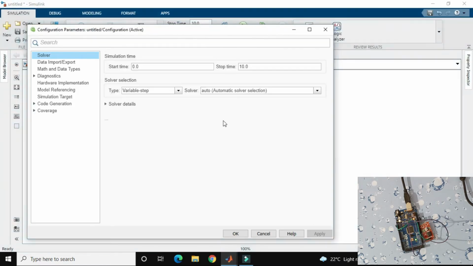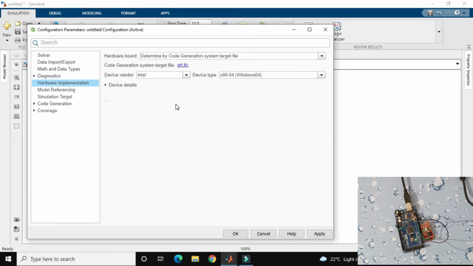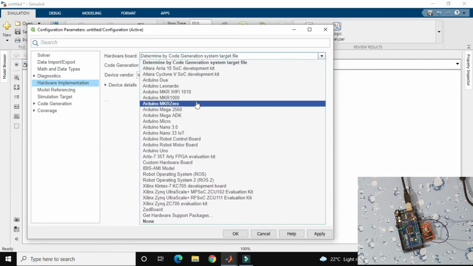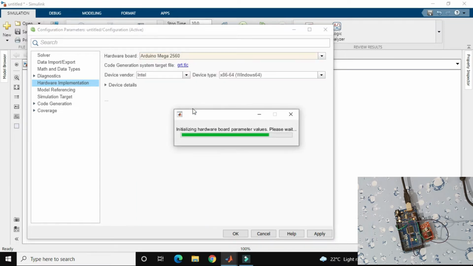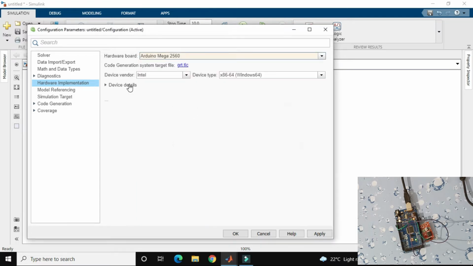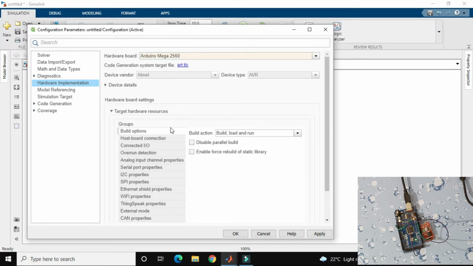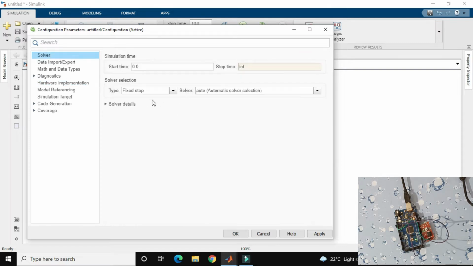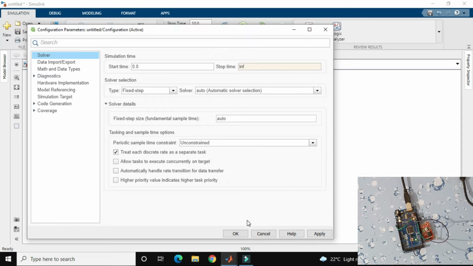In the model settings, the stop time is infinite. In the hardware implementation, set the board. As you see, the vendor is changed, the target hardware resources, and the host board is manually set to port number 3, and the solver is auto.